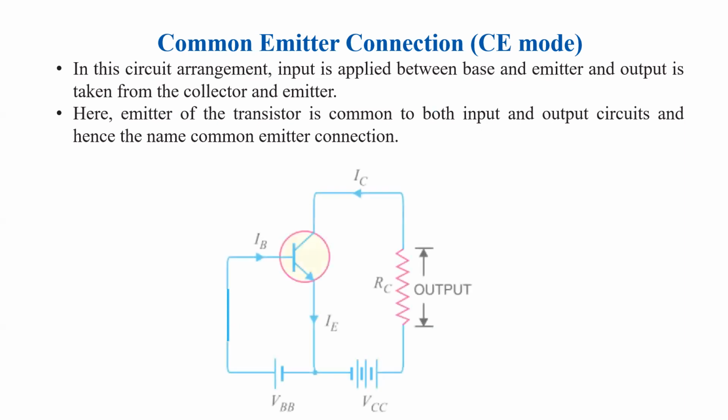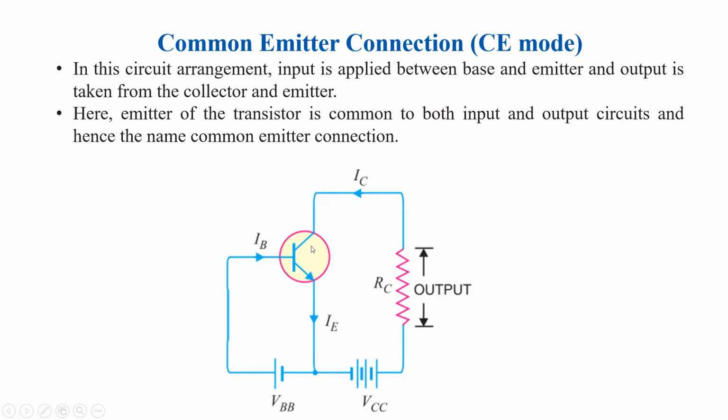So this is the simple circuit showing the common emitter mode connection of the transistor. Clearly you can see in this NPN transistor, this is the emitter, and this emitter is common for both input and output. Here in the input circuit, the base is connected, and in the output circuit, the collector is connected with the emitter as a